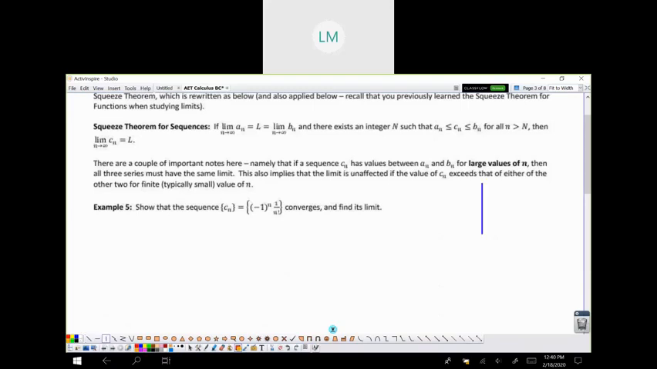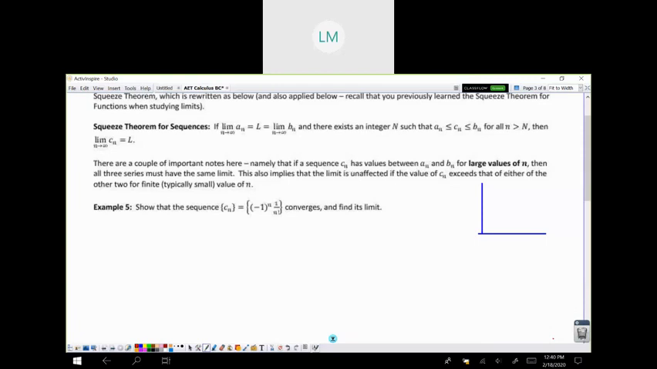So if we have a sequence, and we know that this is our a sub n, and then we have our b sub n, if we know that we have a sequence that goes all over the place, but it stays between a sub n and b sub n, then